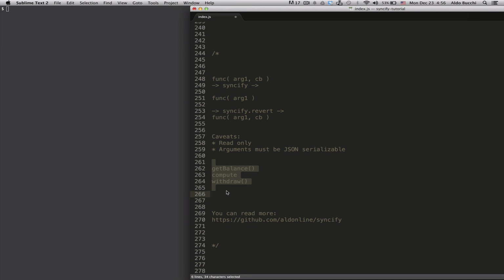Okay, so in that sense, this is not a limitation. It is in fact a good thing. Okay, so it will make you think twice. Now, you can read more on the GitHub repo. Okay, it's on my GitHub repo,